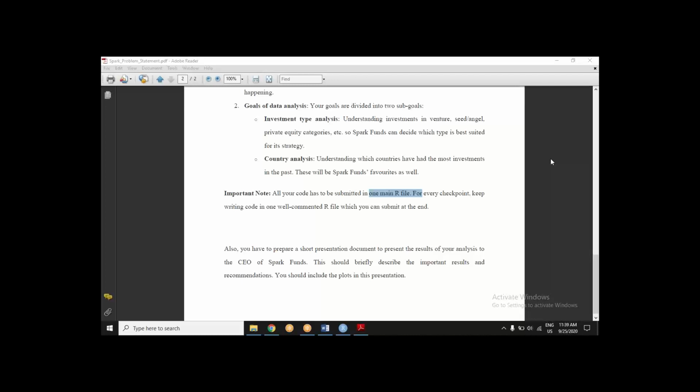After that R file, you will also have to create some visualizations. You will put together a PPT of not more than 5 slides to show what you found out.